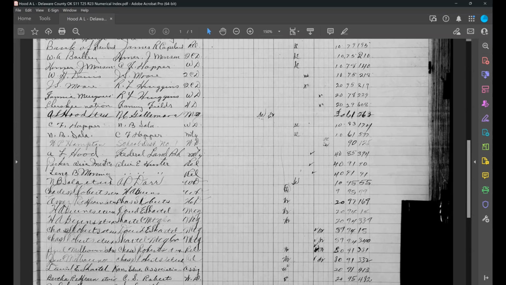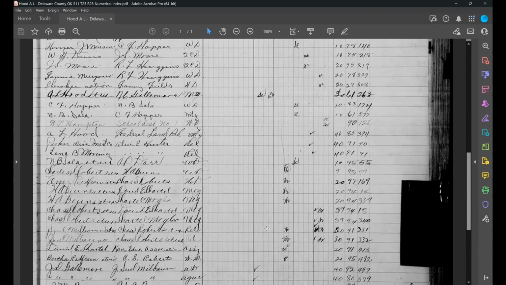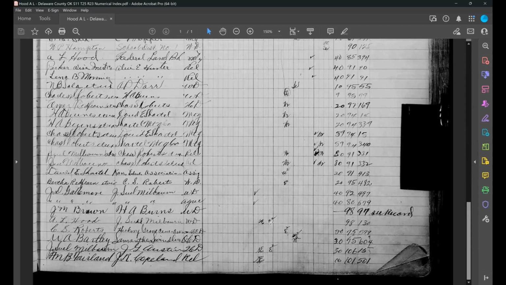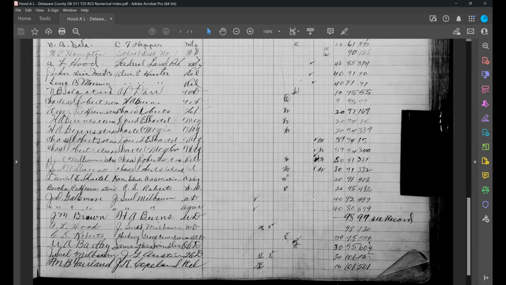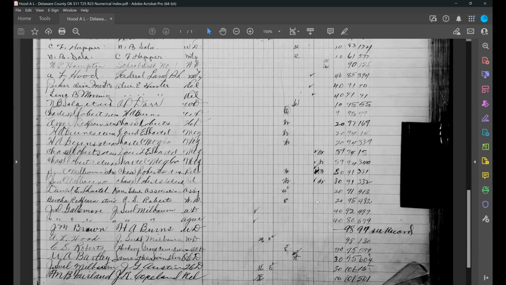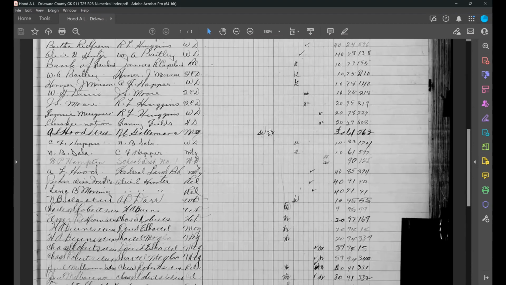So now when I want to see what happened next on that piece of property, I can continue to chase it down until I go, oh, here's southeast, east half again. Here's where A.L. Hood gave a warranty deed to J. Sewell Milburn. In Delaware County, they had these books that went all the way through.